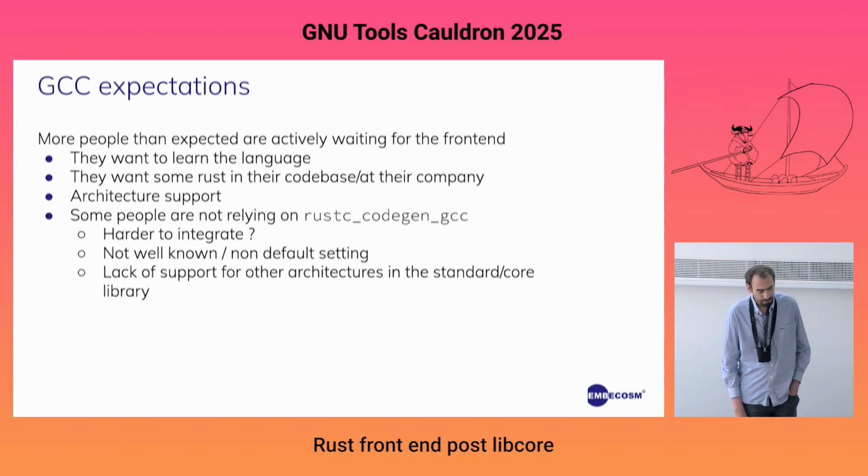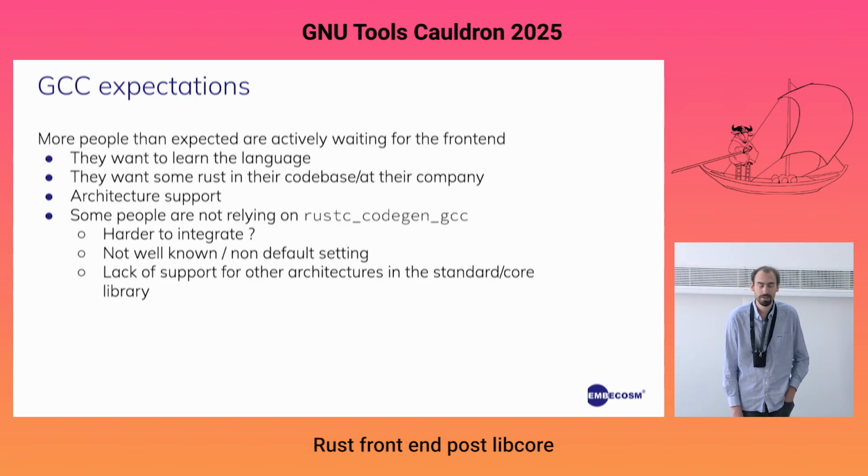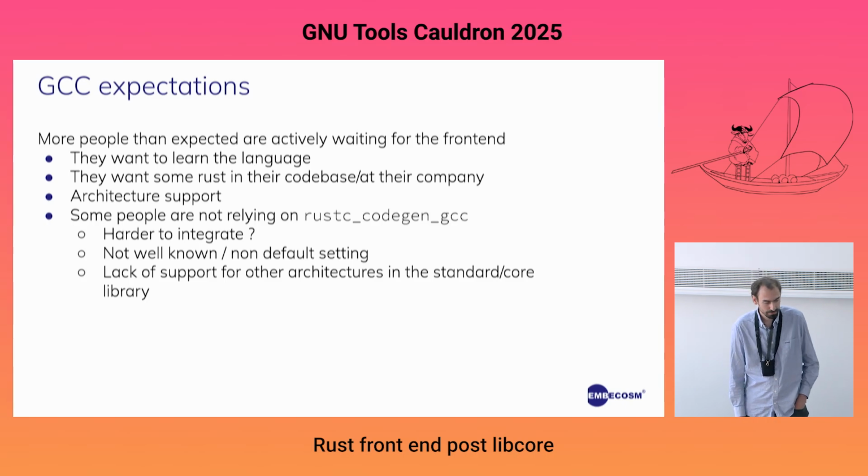So yeah. And also, the other problem might be the lack of support for architectures in the standard library. Basically, if you can compile some code, but you don't have any support in the standard library for the types or type sizes or anything, well, you won't go very far. And GCC-rs might bring enough attention to those points to start some support in the standard library for missing architectures.